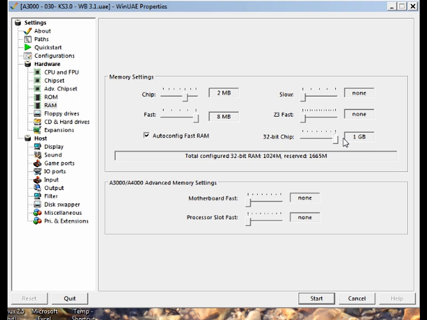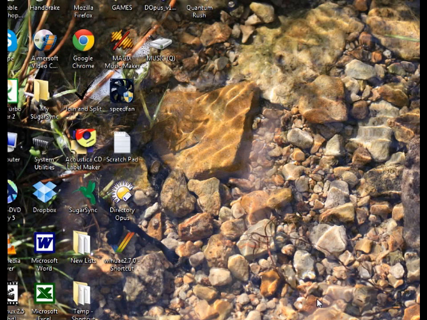And 32-bit RAM is pretty similar. We can have 1 gig of 32-bit RAM from an accelerator card, that kind of thing. But a normal slot-in card in a trapdoor works with this fast RAM. This is slow fast RAM from a trapdoor slot, but that is most compatible with games. So I'd select maybe 2 meg if you want the most compatible ever, and again half meg if you want that really compatible. But on the Amiga 3000 we can have 2 meg in there,